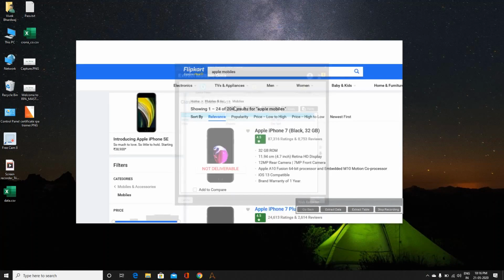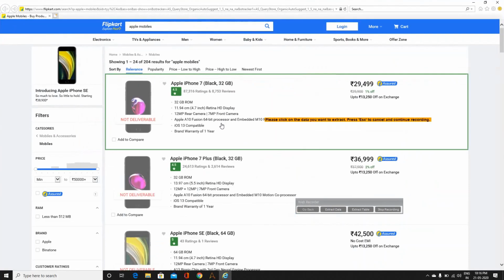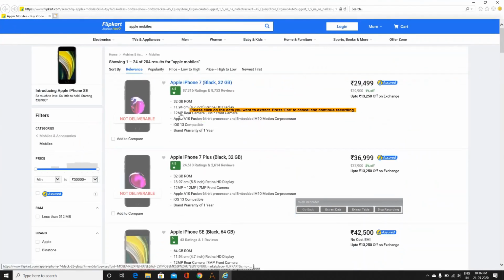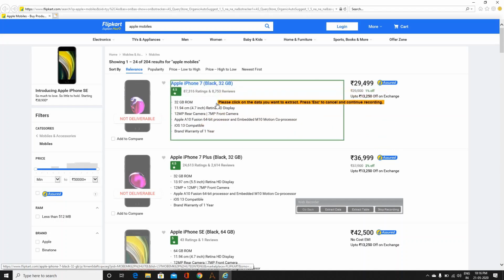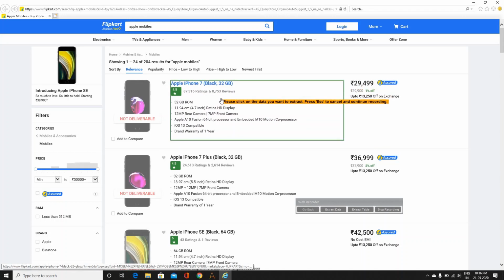Now for example, we want to extract a third field, the detailed information of the iPhone, then we have to click on this. You have to move your cursor until the green box appears. For example, this is the green box. It will extract all the detailed information.